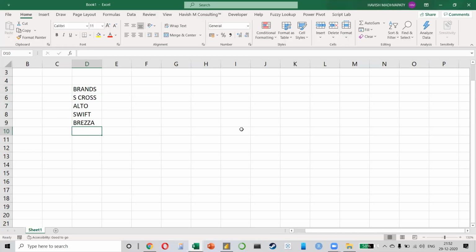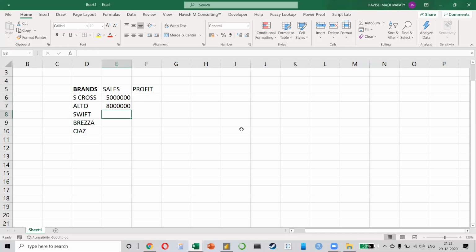Let's just make it 5. Now here's my question. If this is the profit and this is the sales value, so let's say I sold 5 cars and it was a sale of, let's say, 50 lakhs. Here I sold 20 units at 4 lakhs each. This is 80 lakhs.